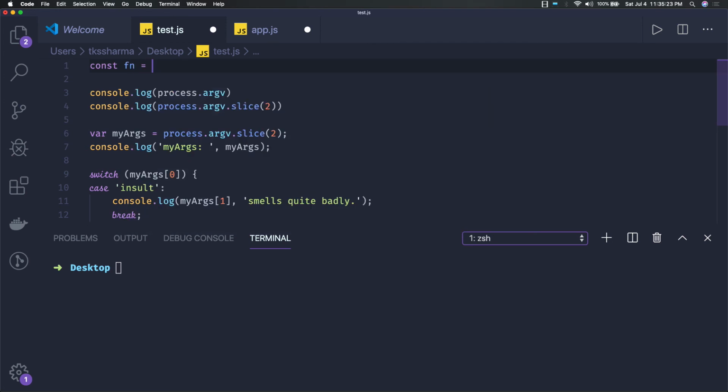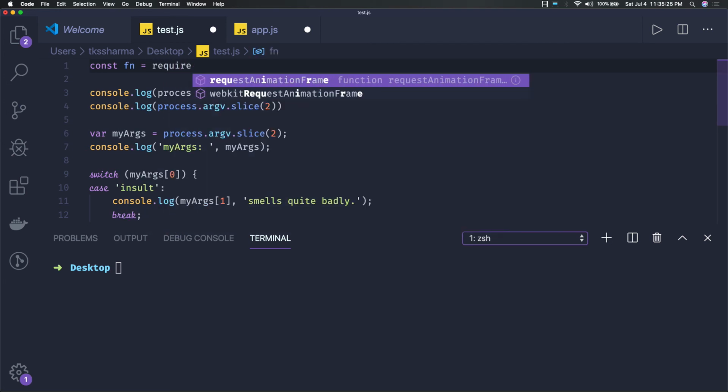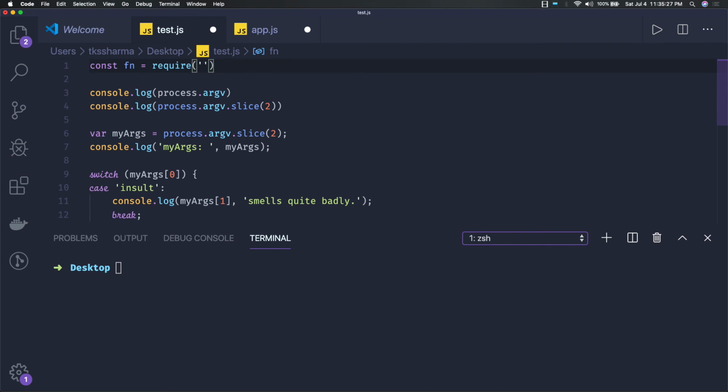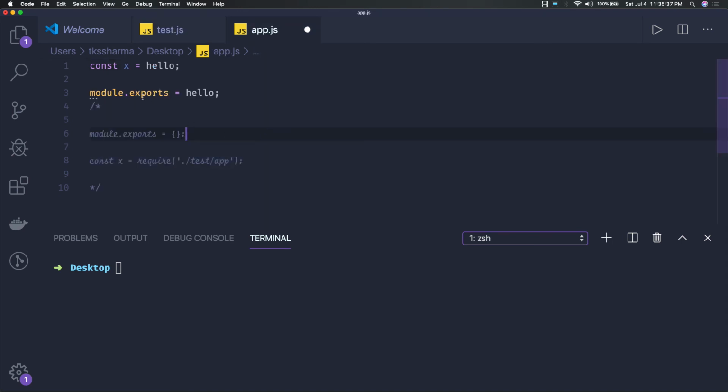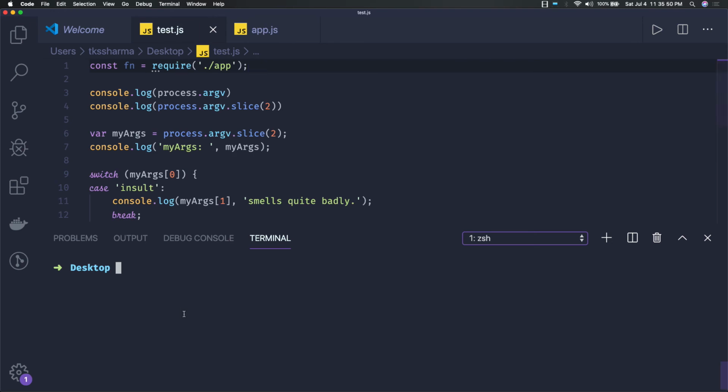Const function, you will do a require, and require means here whatever is in the current working directory, right? Because I already have app.js somewhere, I will be able to require it. Because hello is not defined, I have to put a variable. X is defined, so I'm importing that in the test.js. Okay, so now if I just run this,